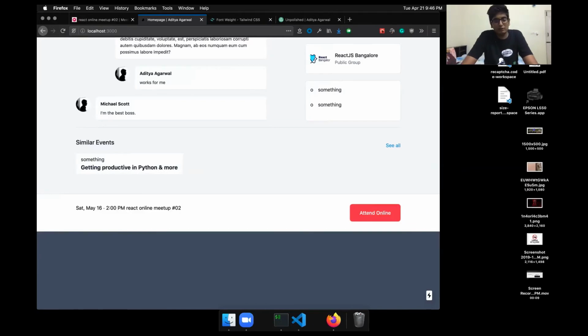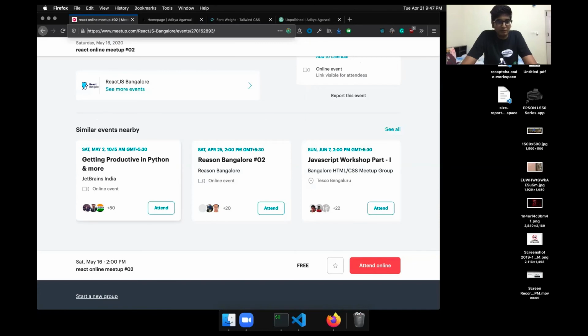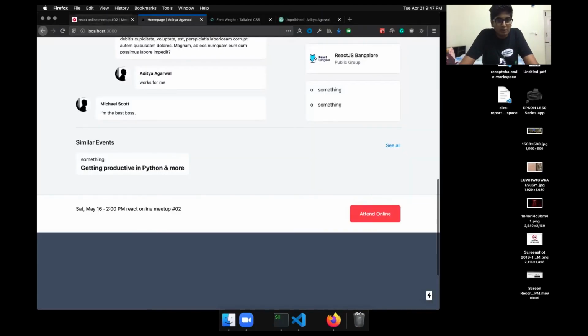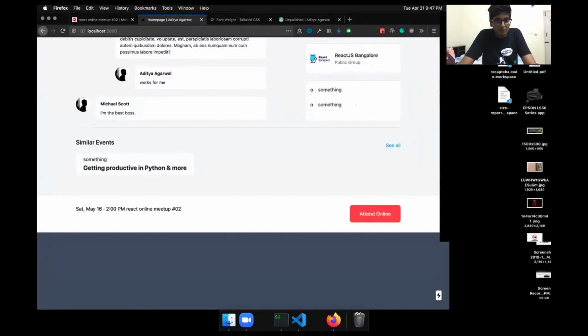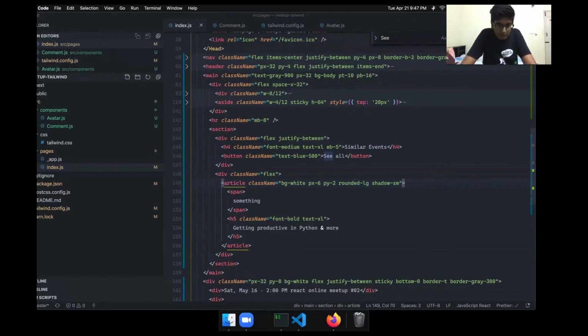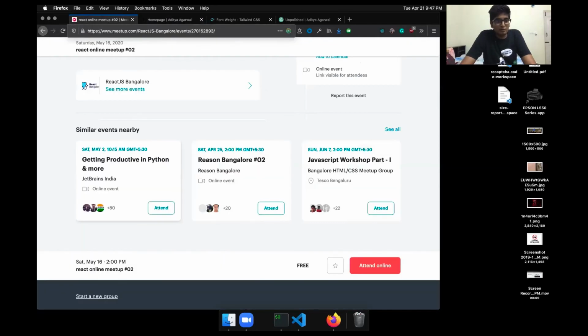Yeah, now it is just taking as much space as it wants. So we have fixed that problem. Let's just increase the size to XL, so text XL. And let's increase the px to 6. Cool. And the article will have a rounded LG, and I'm just putting shadow SM because I like it better that way. Cool. So let's just copy this text.